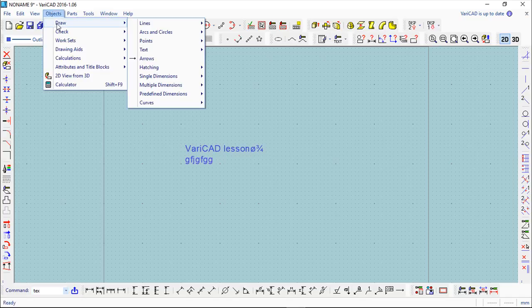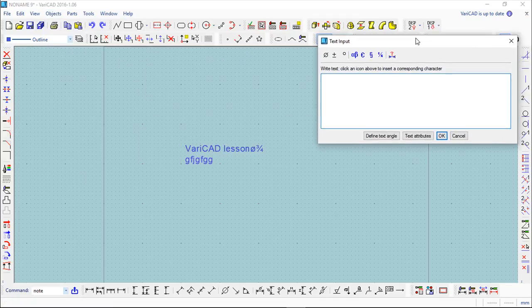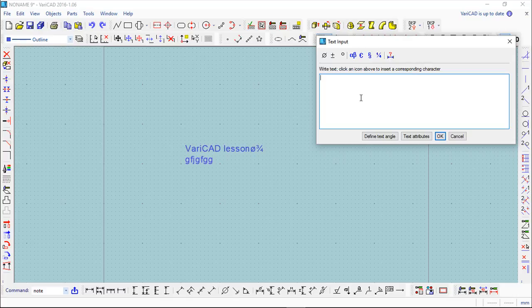The second possibility is about the note, multiple text lines. It's a little different because this is a mini word processor. The effect is the same, but instead of writing line by line in this dialog box, you can write whatever you want,